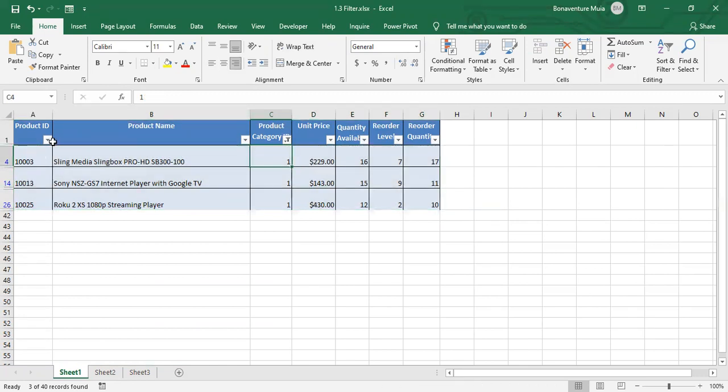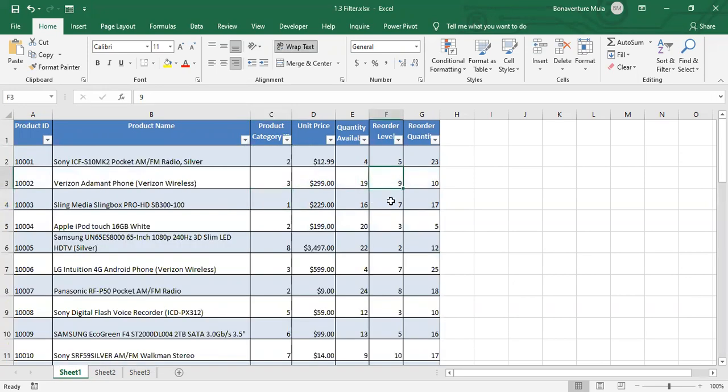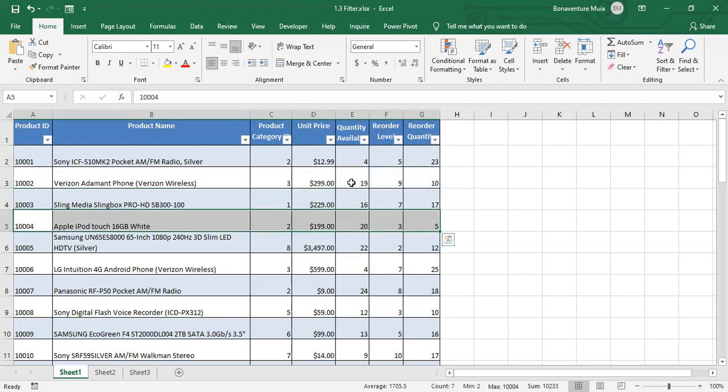You can still filter based on color, but before that, we need to clear this filter first. So clear filter from product category ID. To filter based on color, you're going to realize that our table is banded. The use of the banding is to increase visibility, especially when you're reading across the rows. So if you want to only get the records or the rows that have no color, then what you're supposed to do is